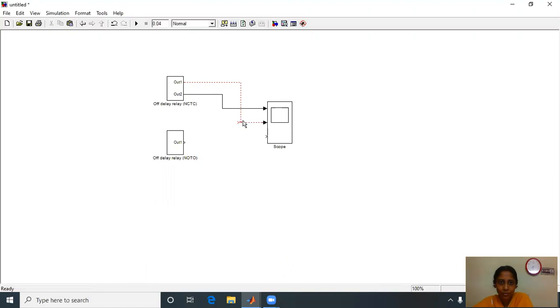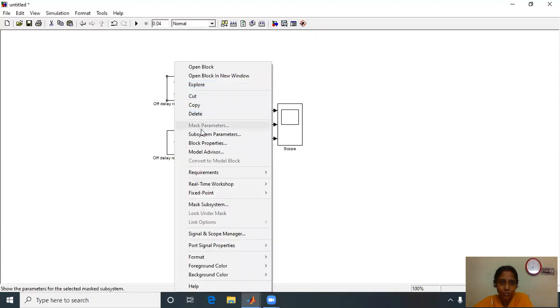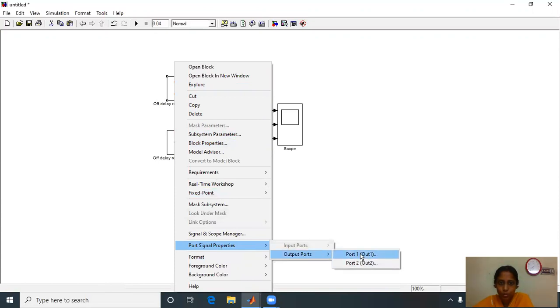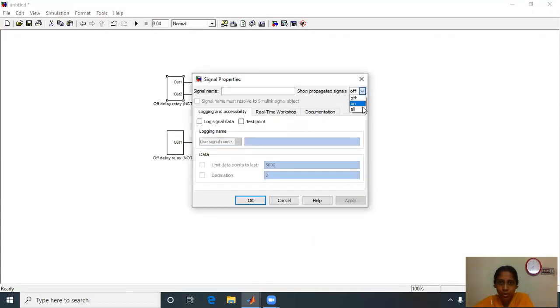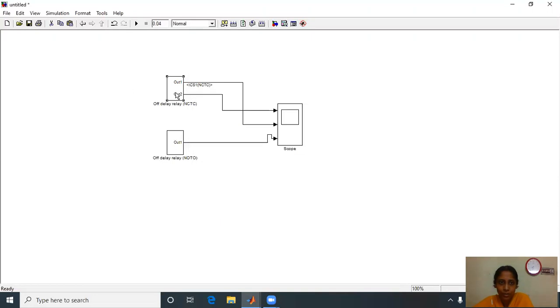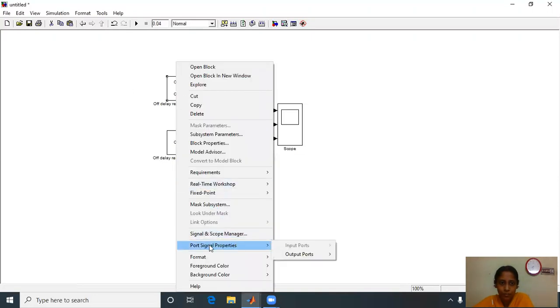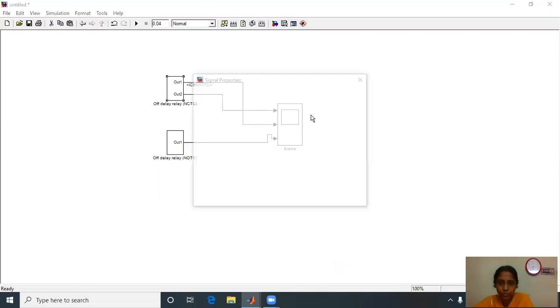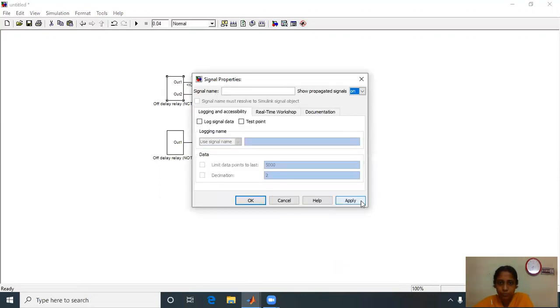Already I have given the name for these ports. So just right click on this subpage, go to port signal properties, output ports, port 1, show propagated signals on, apply, OK. Here also apply, OK.